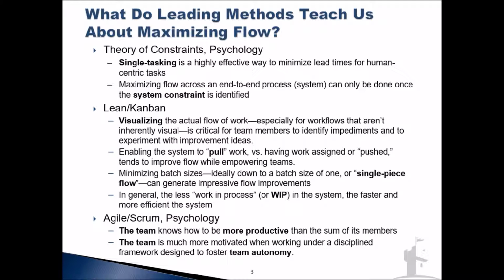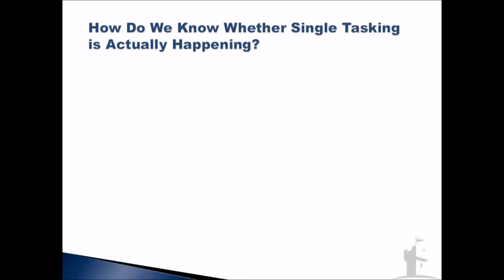The experience of being highly productive and having things flow well is very, very palpable, if a bit hard to measure sometimes. So we'd like to combine all these concepts into a single method that can help us maximize flow. Key to that is knowing whether single tasking is actually happening. And one of the ways we apply all the concepts in the previous slide with single tasking at the center